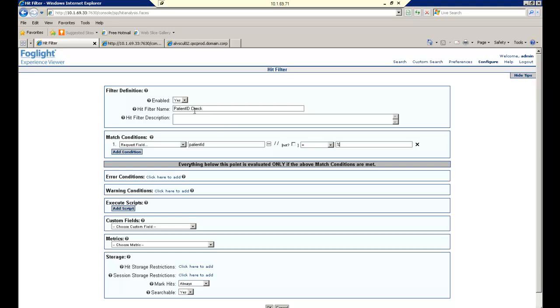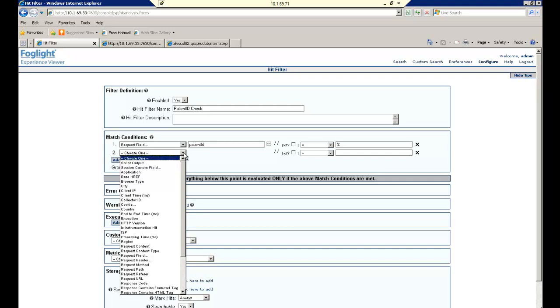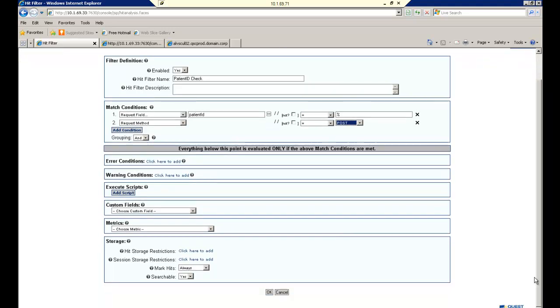Now what I do is I have a hit filter that will capture every hit that has patient ID in it. I could even add a condition, because some of the times patient ID might show up in some gets, but what I want to do is I want to do a request method. So I want to make sure that I'm only looking at posts. So this is an AND condition. And then what I can do here is I can have specific storage conditions. So you can see anytime I see one of these hits with a patient ID in it,